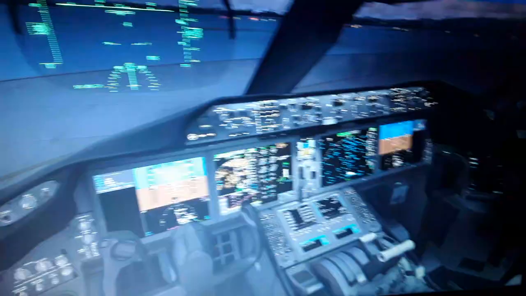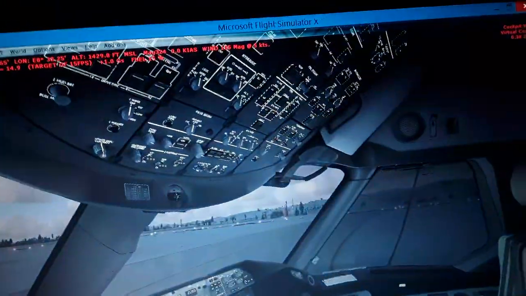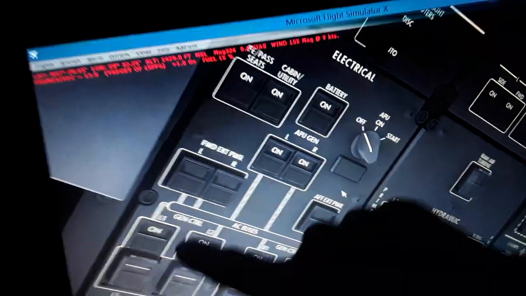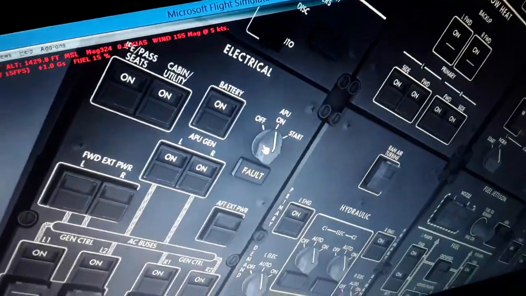I will go to the engine start demonstration very quickly. So you see, as I told you, this is the horizontal trim stabilizer. Then we go to the overhead panel. You can see the left and the right generators from the engine, the battery. This is the electric section. So we start